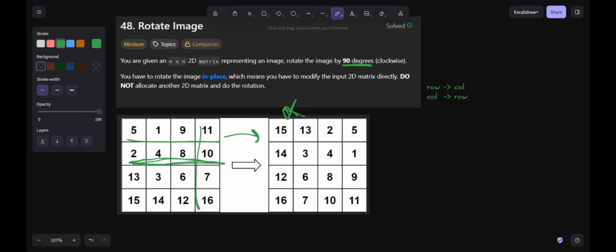So we can observe a pattern here: 5 1 9 11, the first row, when rotated by 90 degrees, becomes the last column. The second row becomes the second last column. The third row becomes the third last column. And the fourth row becomes the fourth last, or the first column.